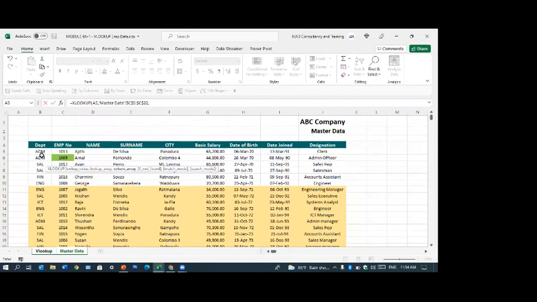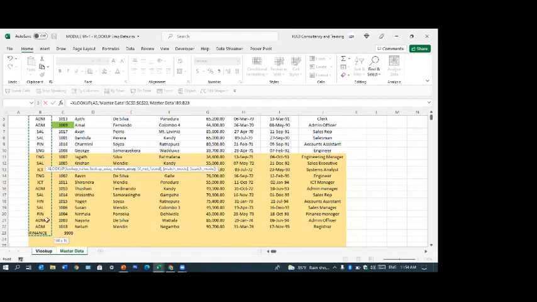Now for the return array, you can select this one. Actually, it's very straightforward. Now it's asking for master data return array, comma, B5 to B, comma. It's asking, if not found, what do you want to show? If it is not there, what do you want to show? Message in double quotes. Please check or something.